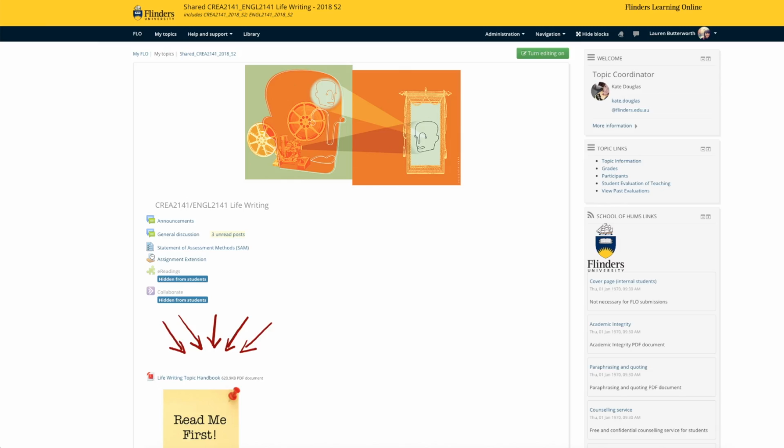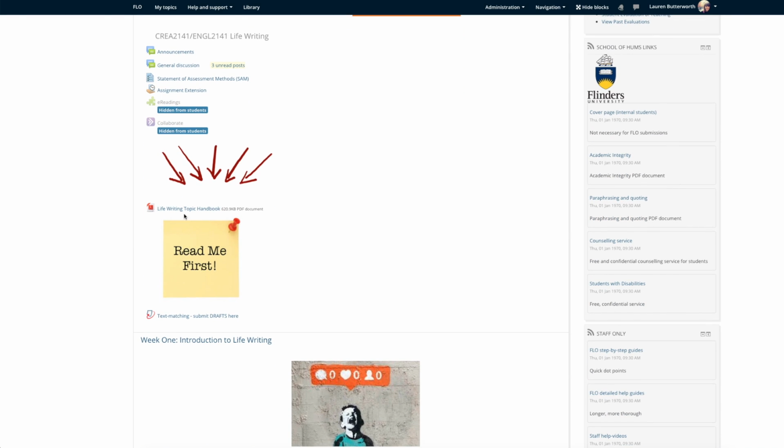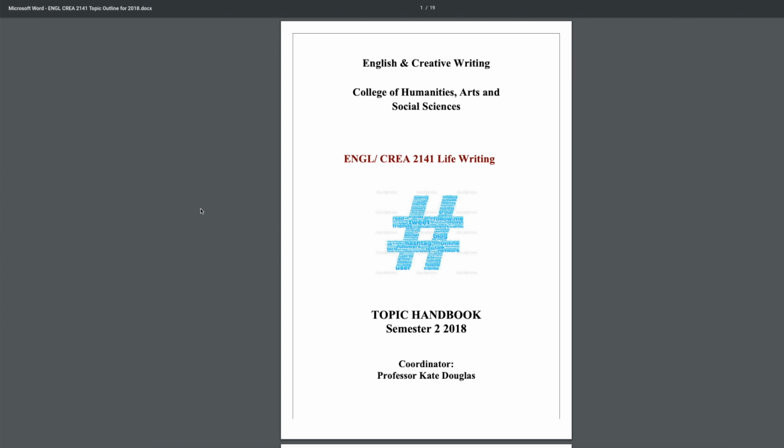So now we're going to talk about the Topic Handbook, which is your Bible for each topic. This is a really important document, and it's really important that you read it properly. And so that's what we're going to do now. Your Topic Handbook details all of the information that you need to successfully complete the topic, and it should be your first port of call should you have any questions about topic formalities such as assignment due dates, the timetable,